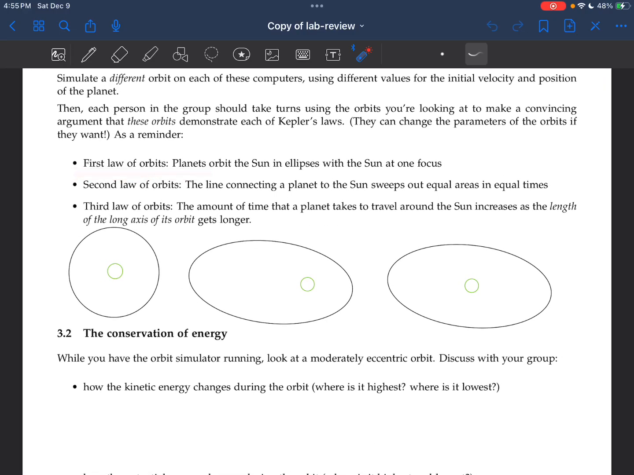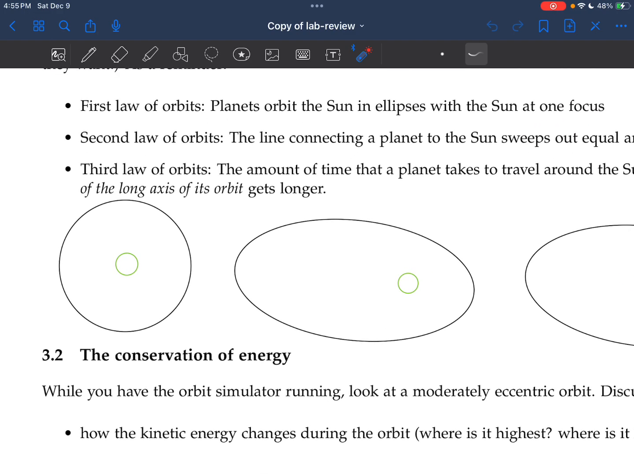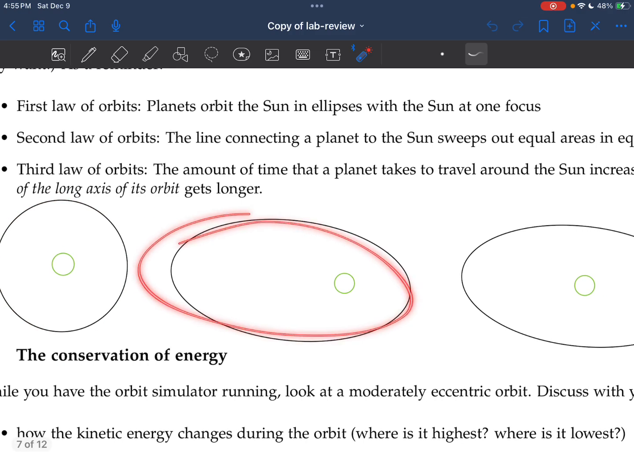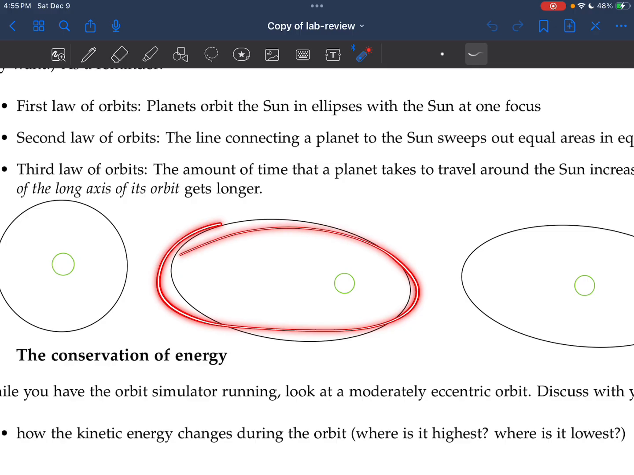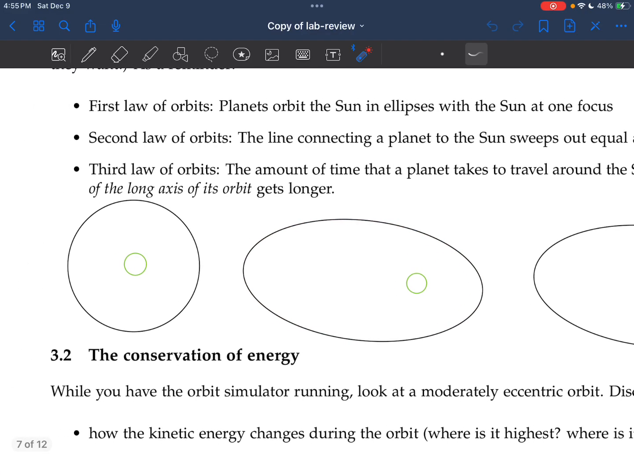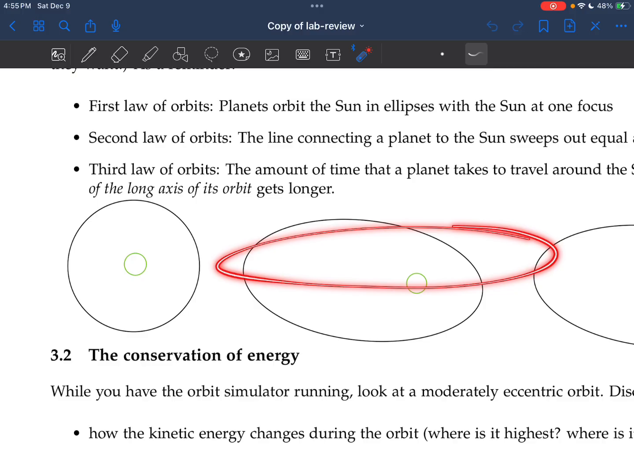Our first law says that planets orbit the sun in ellipses with the sun at one focus. A circle is a special type of ellipse without eccentricity, so the sun at the center of a circle is the sun at the focus of that special ellipse. This is a much more eccentric ellipse. Remember, eccentricity is just how much that ellipse is stretched, so how long it is. A less eccentric ellipse would be closer to a circle, while a much more eccentric ellipse is much more